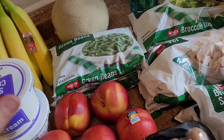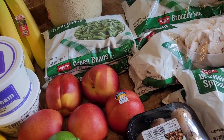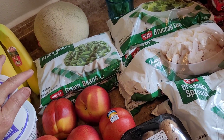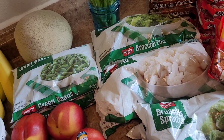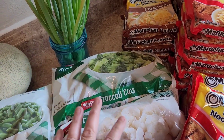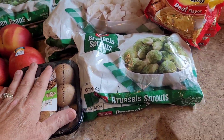And some nectarines because while they're in season, I like to eat them until they are no longer in season. And they had a pretty good deal at Winco on their frozen veggies, so I got some of those, and plus we were running kind of low. I got green beans, broccoli, cauliflower, Brussels sprouts, some mushrooms,